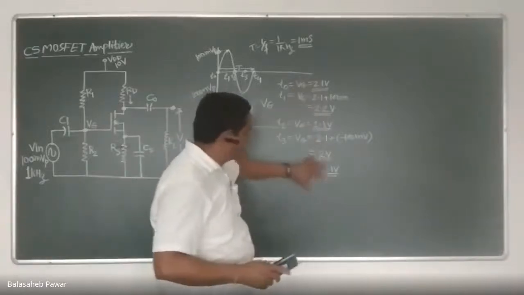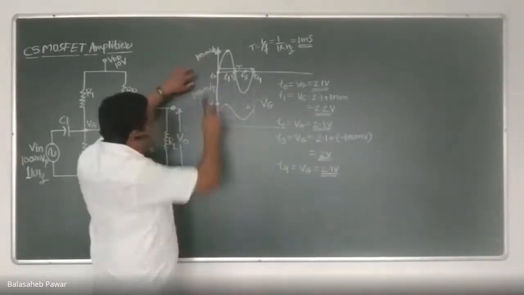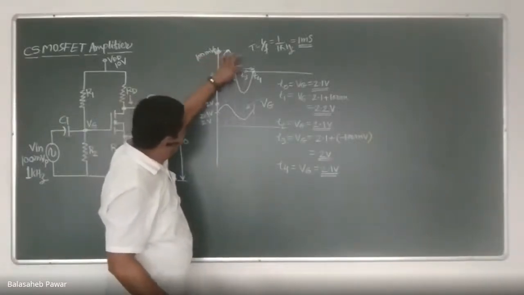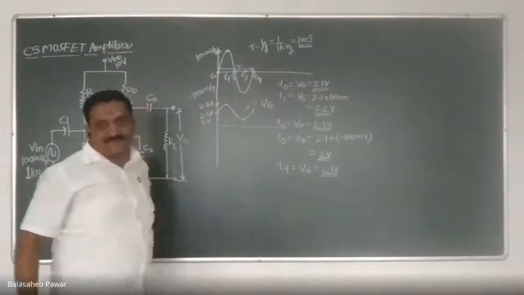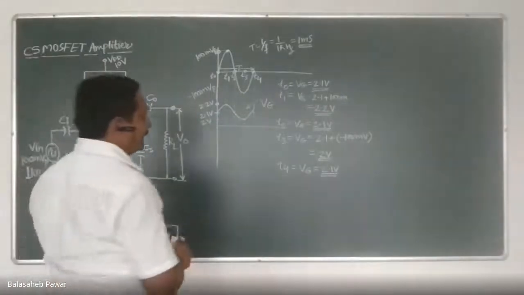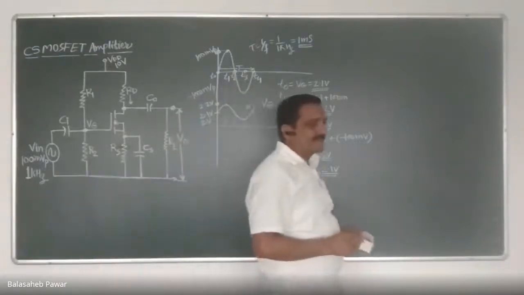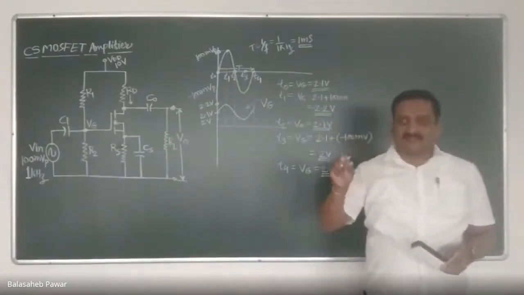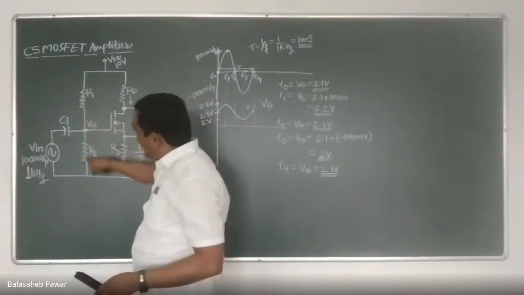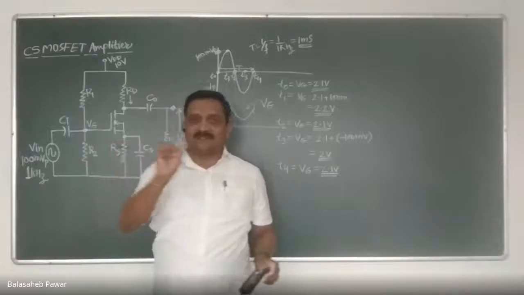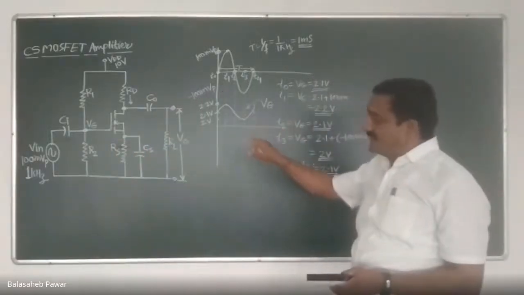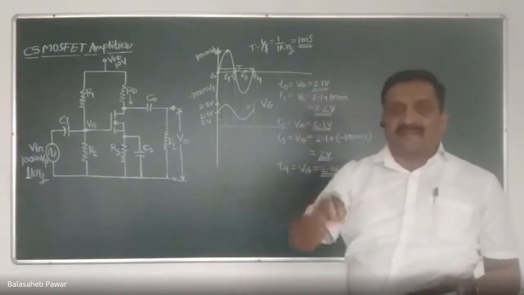As per this logic, by considering various time periods from T0 to T1, T1 to T2, T2 to T3, and T3 to T4, by the application of that 100 millivolt peak input signal, what will be the effect on that node voltage, which is formed by R1 and R2, where the gate terminal of the transistor is connected? So that gate voltage, VG, will become somewhat time varying.